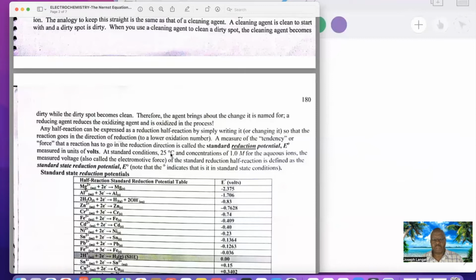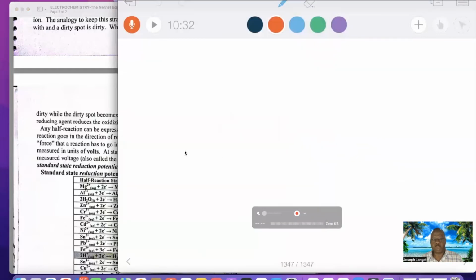Changing to Kelvin, 298, 25 plus 273. And 1 molar, that's the concentration of all these species. We talk about the standard state. So that's all I wanted to tell you as far as calculating the